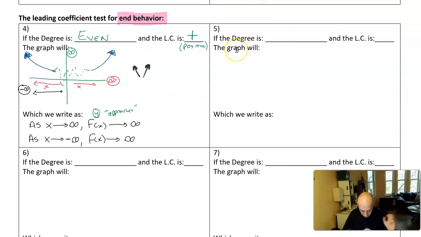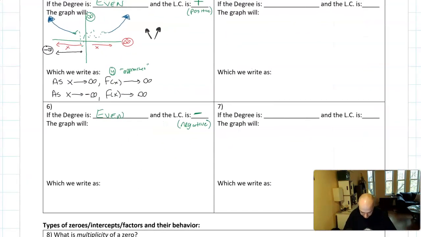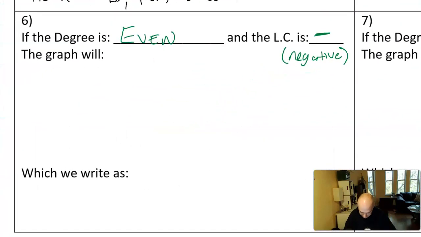I think we're going to go out of order here and go straight down to box 6. In box 6, we're going to talk about if the degree is even and the leading coefficient is negative. This is basically a reflection of the behavior when the degree is even and positive. So what will happen in this case? Remember the other graph which went up and up? In this case, if your degree is even, your leading coefficient is negative,